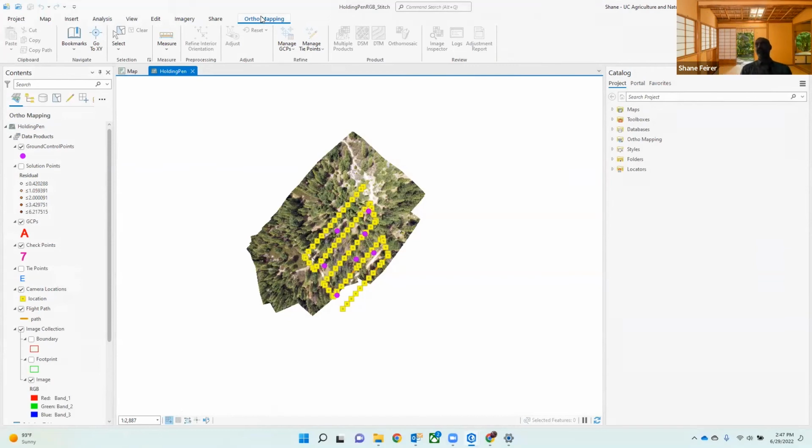So at this point, if you open up that project package and you were to go up to Ortho Mapping,